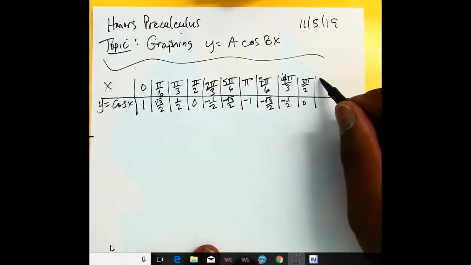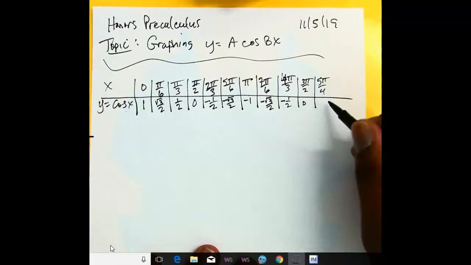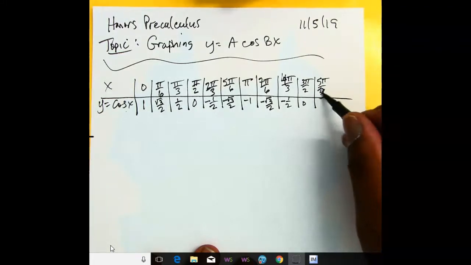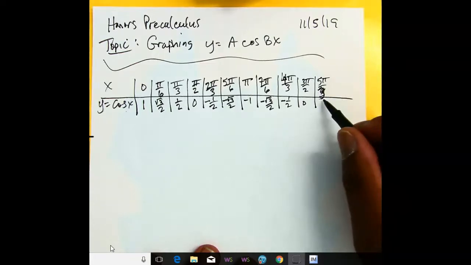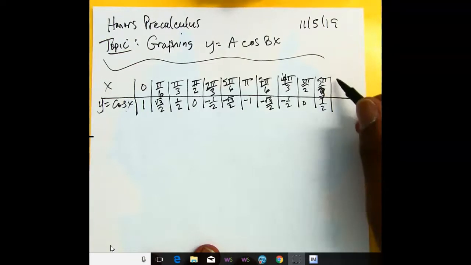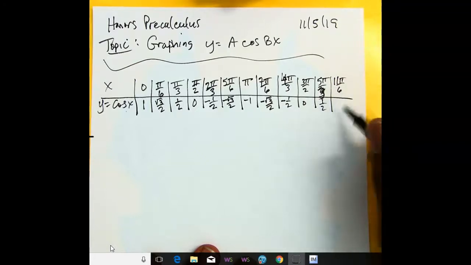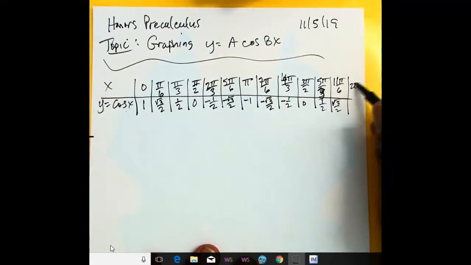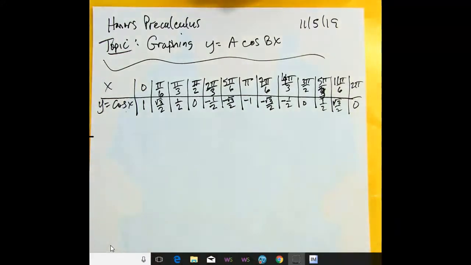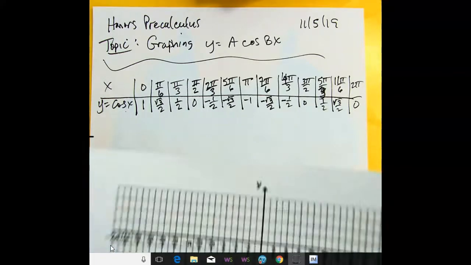So next we are at 5 pi over 3 in the fourth quadrant, and cosine is positive in the fourth quadrant, so that's 1/2. Cosine of 11 pi over 6 is square root of 3 over 2, and cosine of 2 pi is 1. So this will be slightly different than sine. So when we go to graph this,